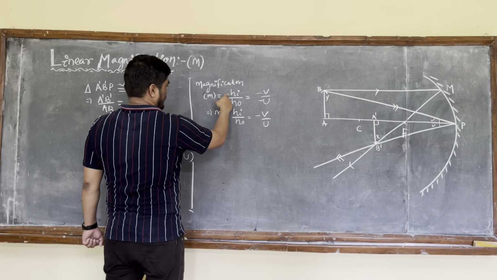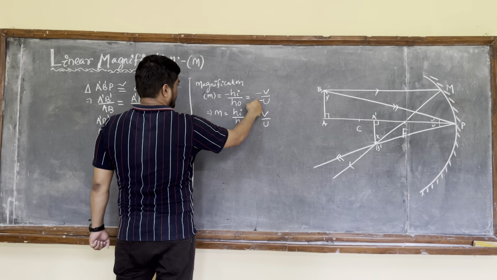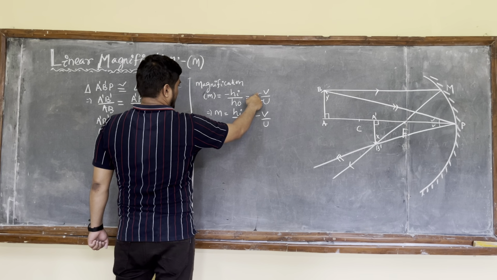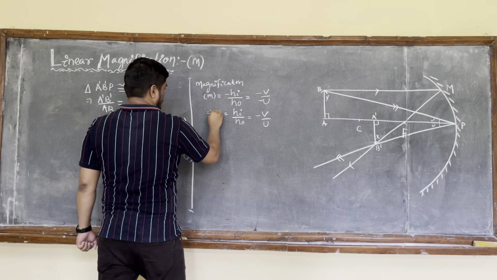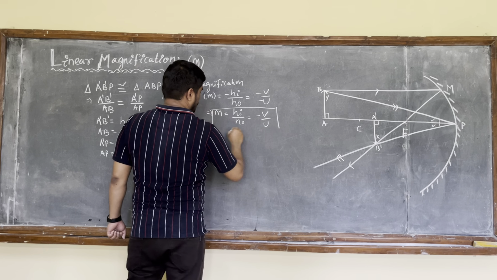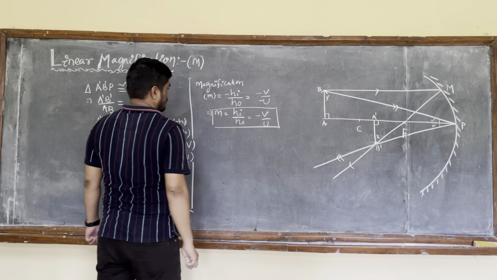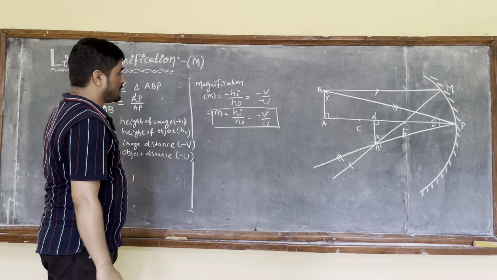So this will be minus, minus plus, and again one minus, this will be minus V divided by U. So this is the formula of linear magnification,